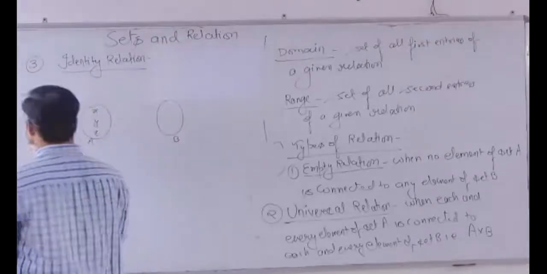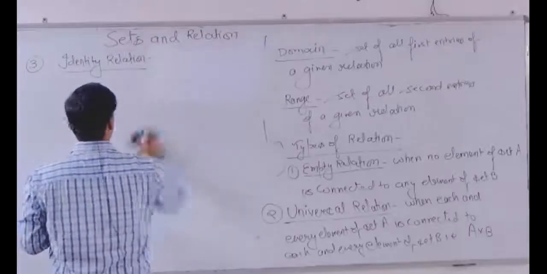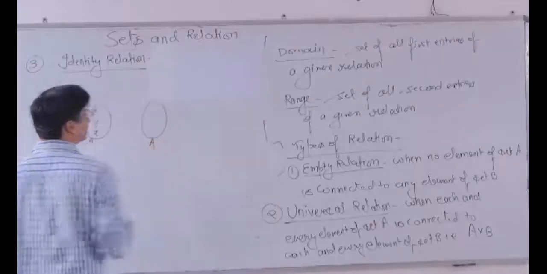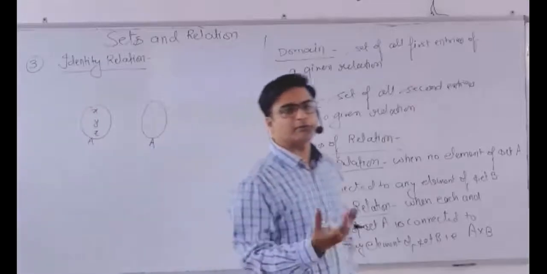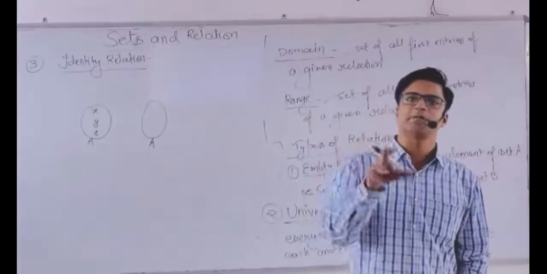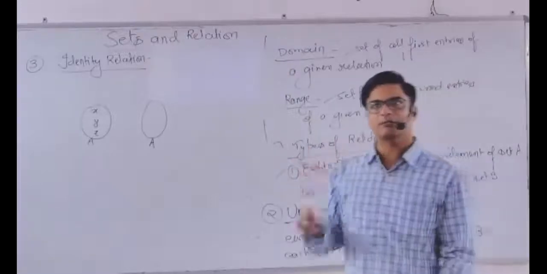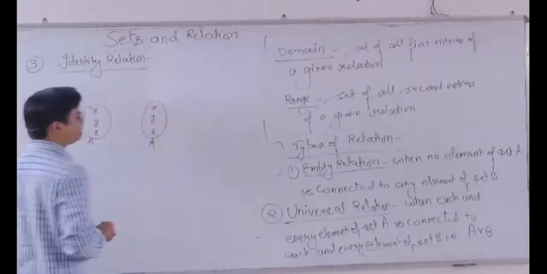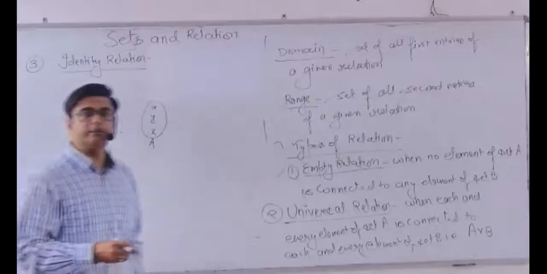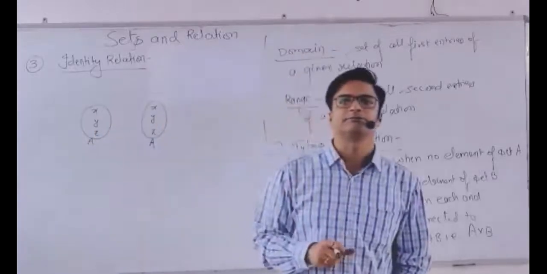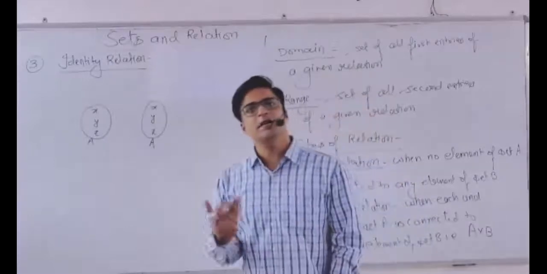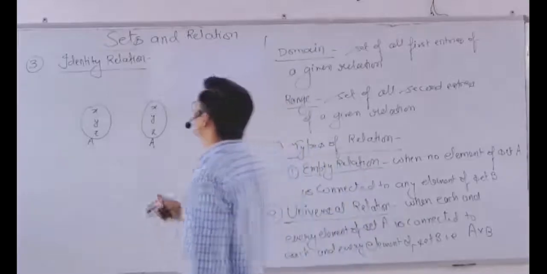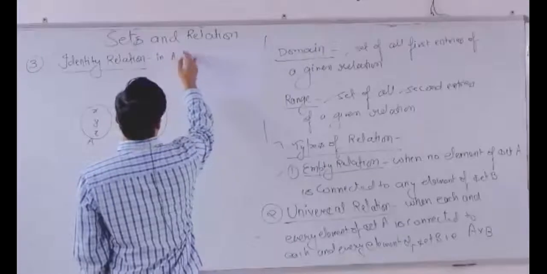First of all, identity relation is always defined from the same set to the same set. Okay? Identity relation is defined between the same set. Understand why it is so? I will explain to you. X comma Y comma Z. Now your identity relation is a relation when each and every element is connected to itself only in a set